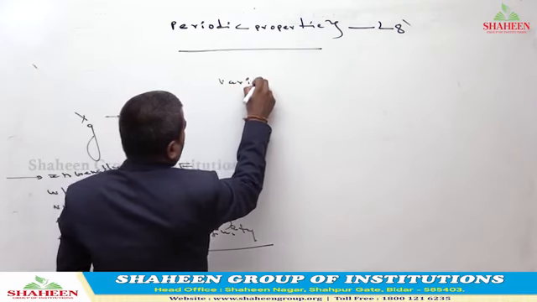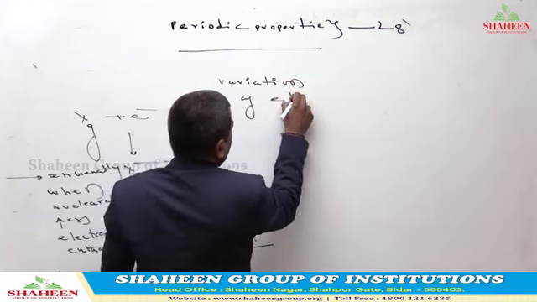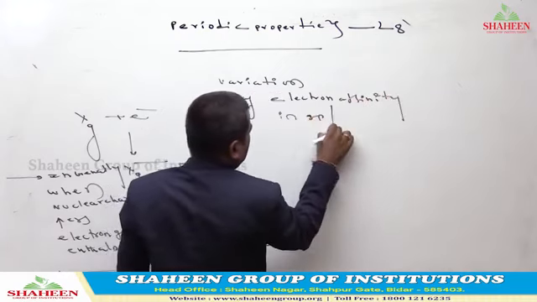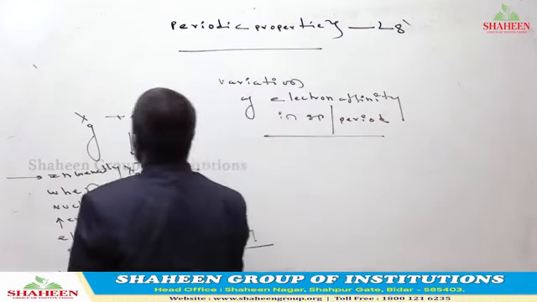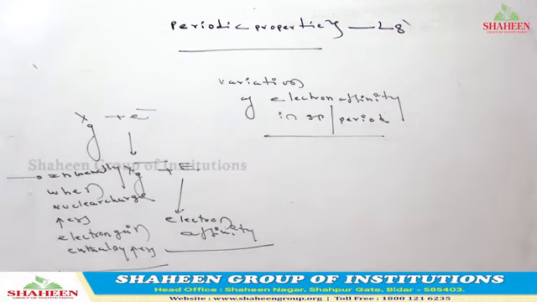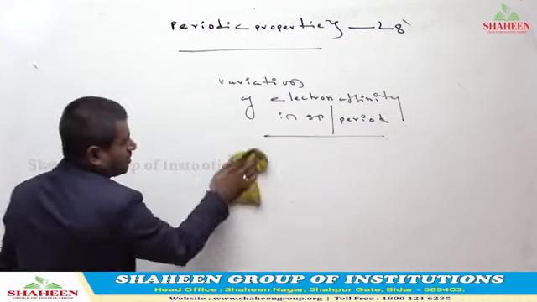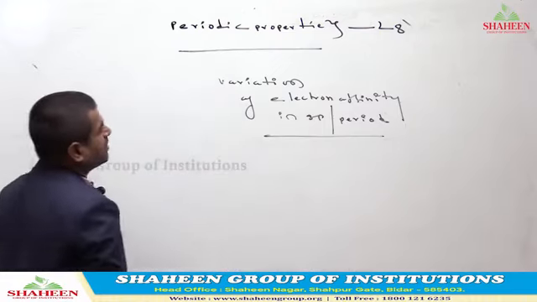Variation of electron affinity in group and period. In a period,